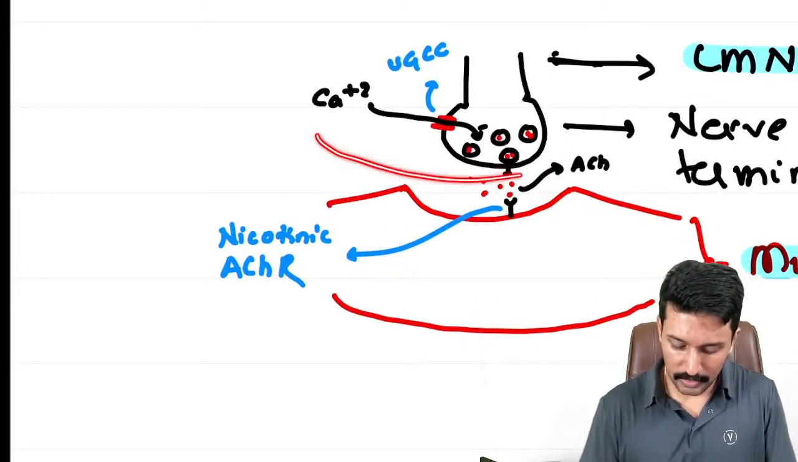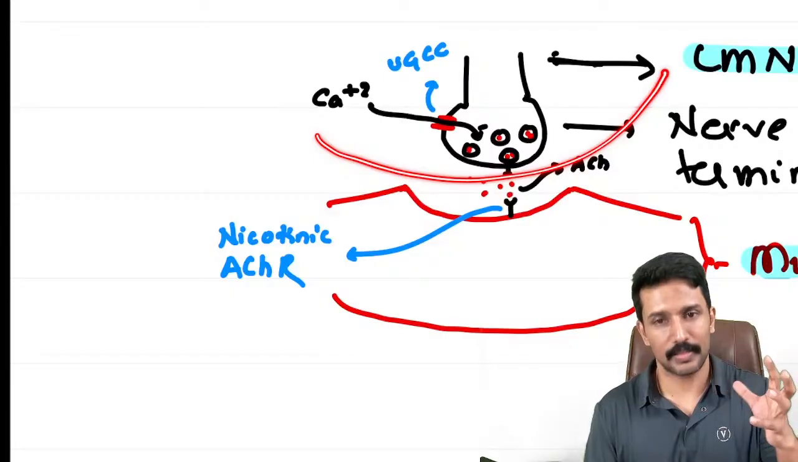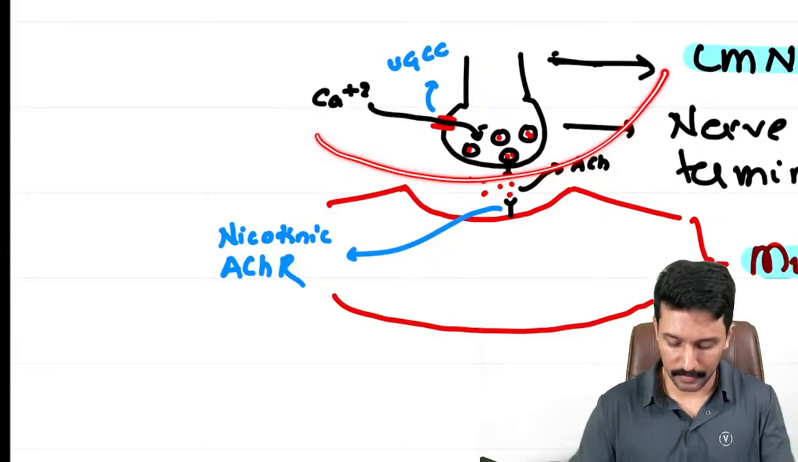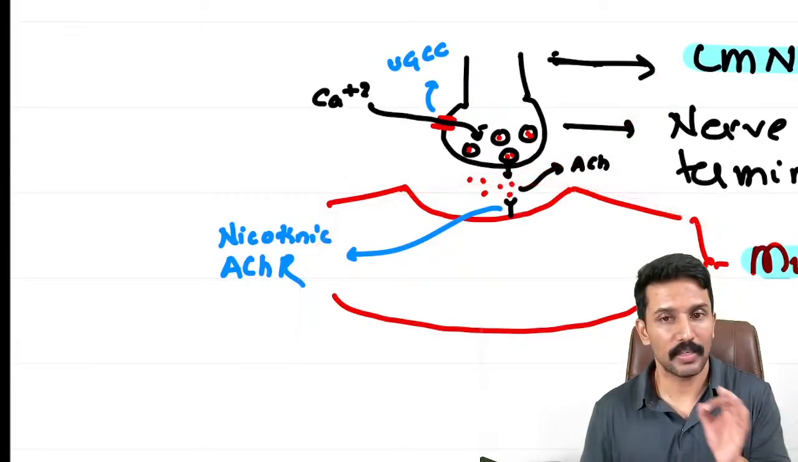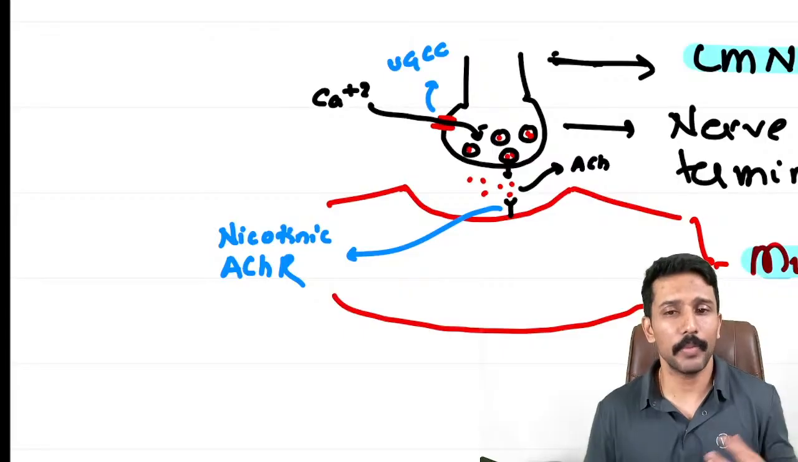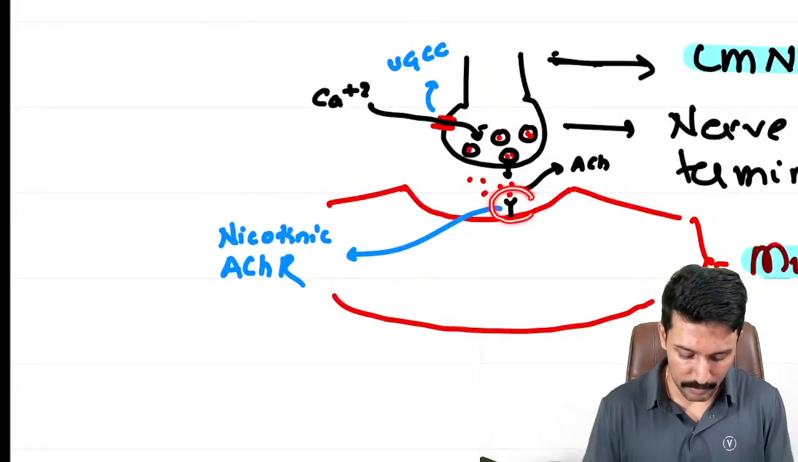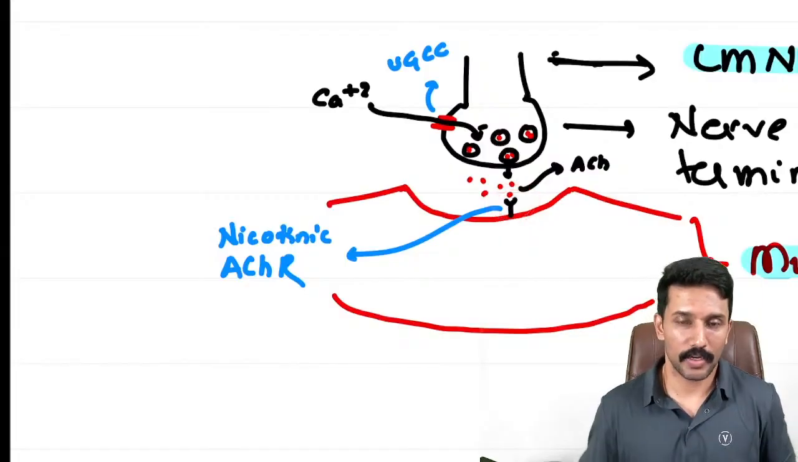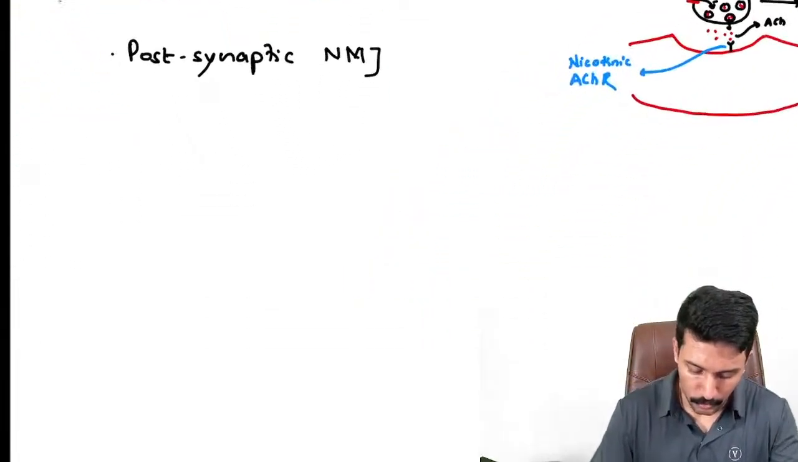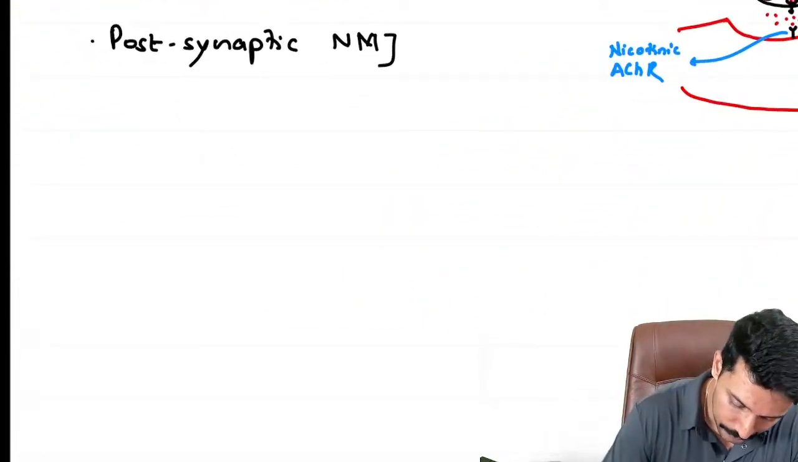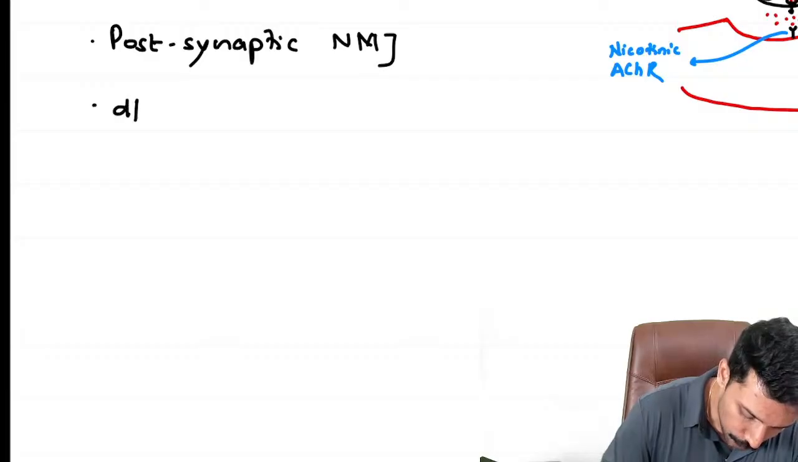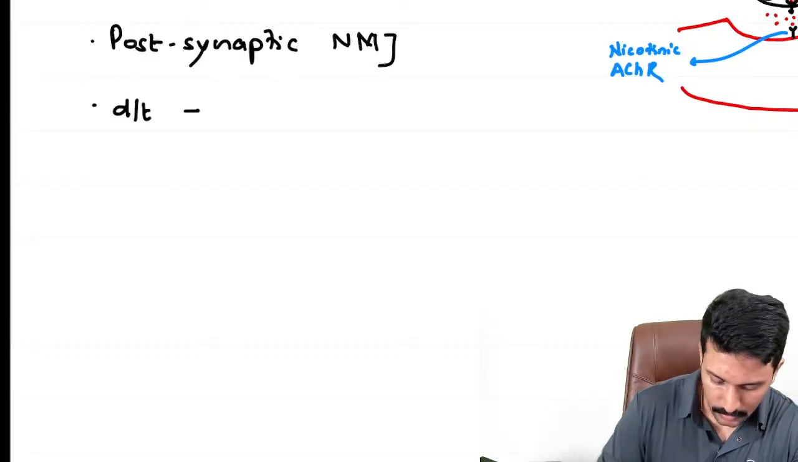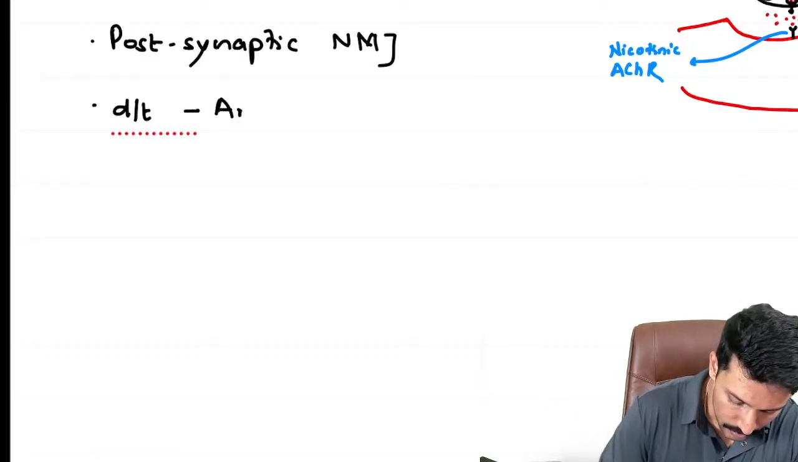If a disease is affecting the nerve side of this junction, we will call it presynaptic. If it is affecting the muscle side, we will call it postsynaptic. And because in myasthenia gravis, antibodies are most commonly formed against this nicotinic acetylcholine receptor, we call it a postsynaptic neuromuscular junction disorder. Right? It is due to antibodies